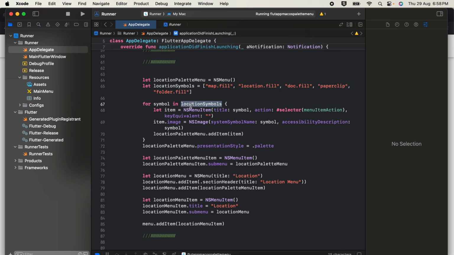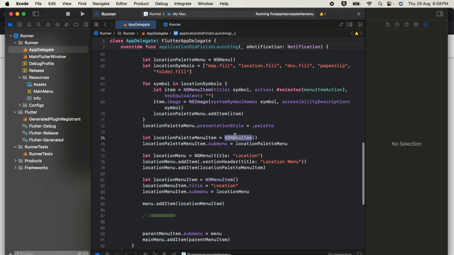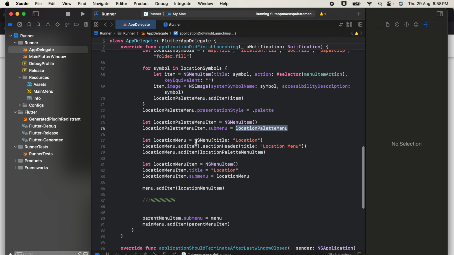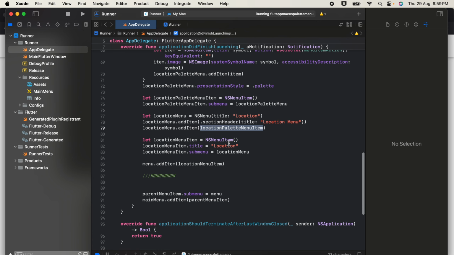Then I have again looped over it, created symbols, NSMenuItem, NSImage, location menu, palette menu dot addItem, then presentation style equal to palette. Then we just create an NSMenuItem, then dot submenu we just assign location palette menu. Here then again I created an NSMenu, I added a section header. If you don't want this section header, you can ignore it. And then location menu dot addItem, location palette menu, and again created an NSMenuItem, set the title